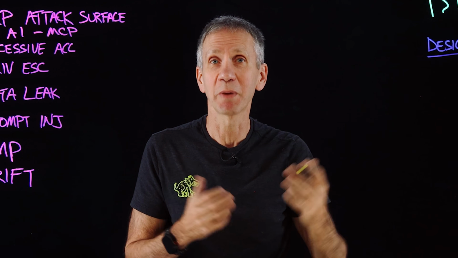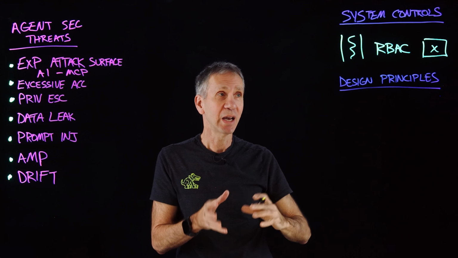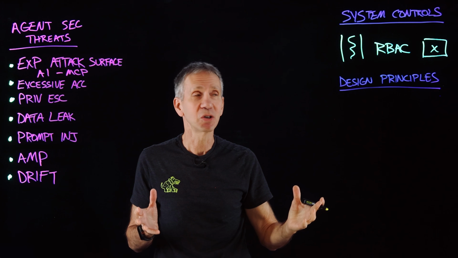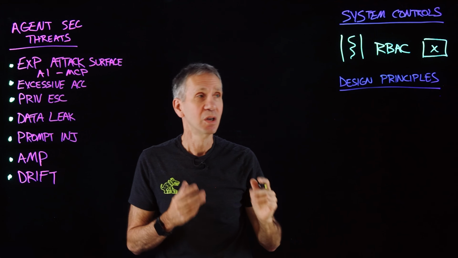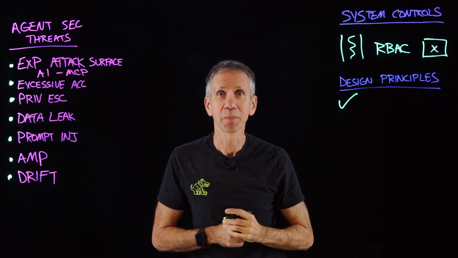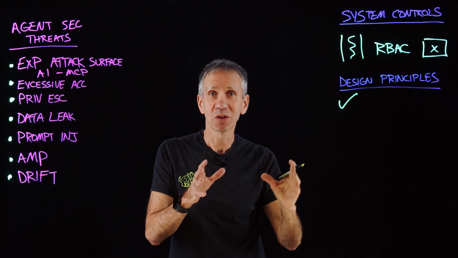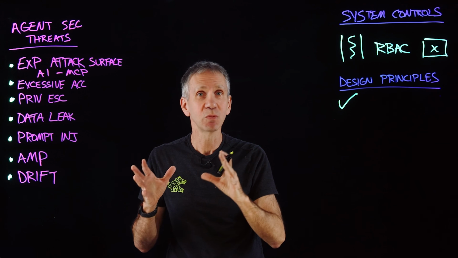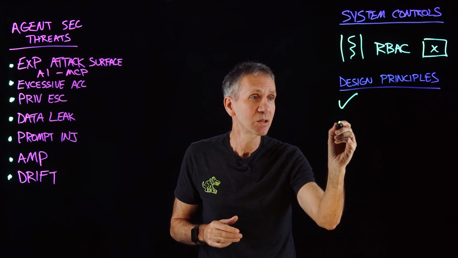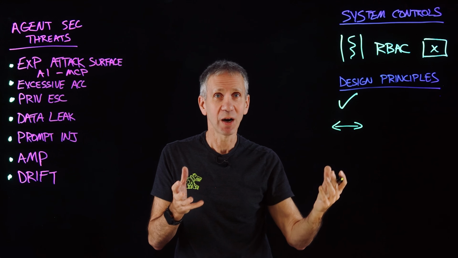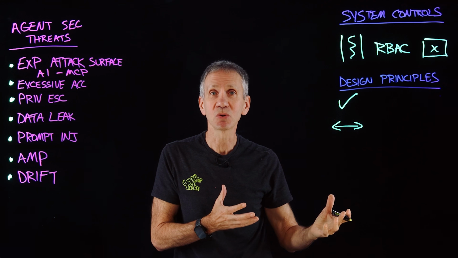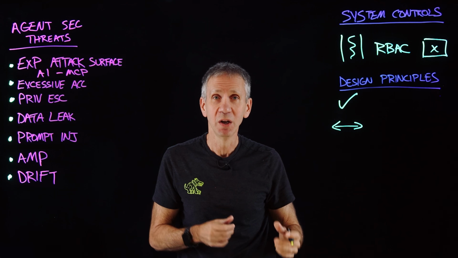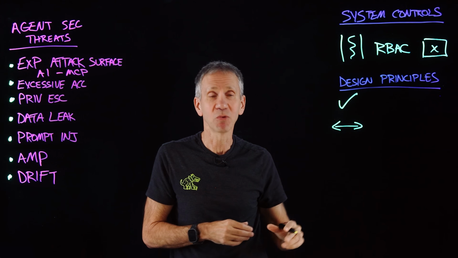And then we want it sandboxed. Have the agent operate within that sandbox so that when it does things and gets outside, it can't do more damage. What are the design principles then that we can apply to these system controls? Well, we need to consider what is acceptable agency. What are the things that we want this agent to be able to do, and what are the things we don't want it to be able to do? We need it to be interoperable. It has to interoperate and integrate with lots of different tools if it's going to be effective. But we need to know what those tools are and what those tools are ultimately going to do, because those things create downstream risk for us.